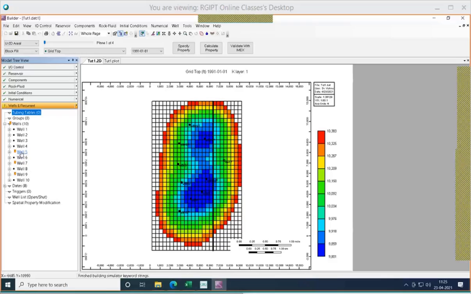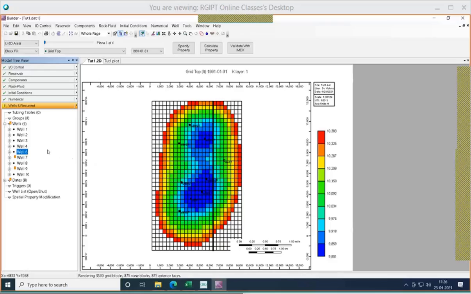So we may give data in order to remove that exclamation mark, or we can simply delete those wells. For this particular example, let us delete well 5, and we can make well 7 and 9 into injectors. So right clicking on well 5 and deleting this well.